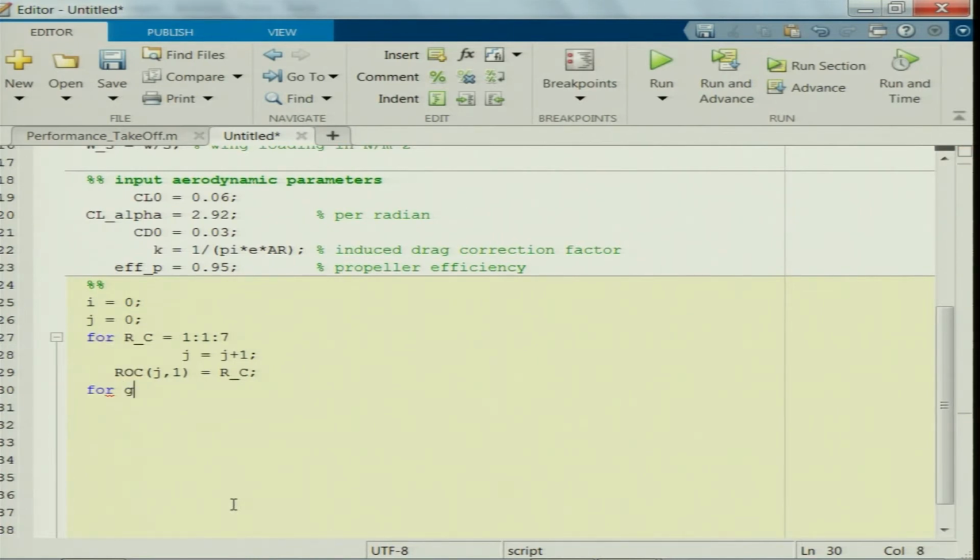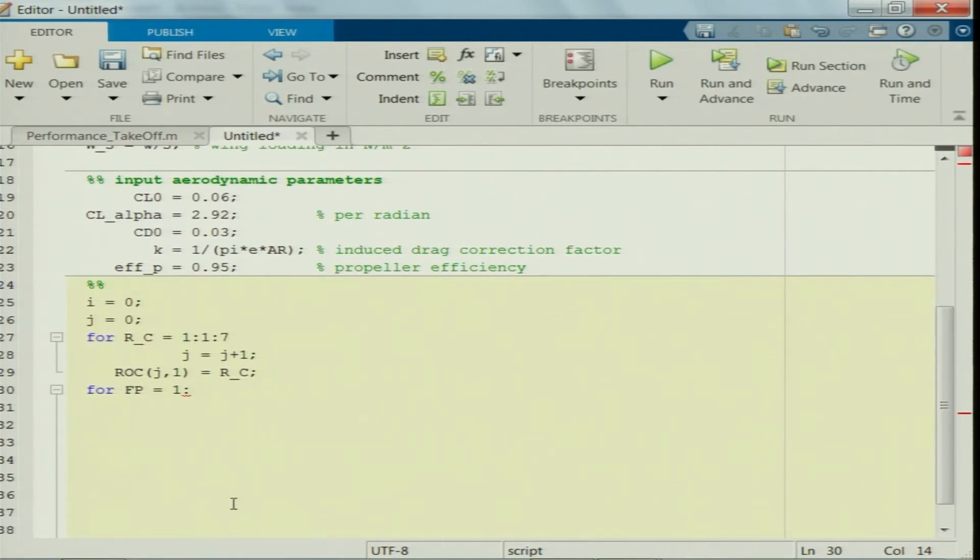So, gamma, or flight path, Fp, is varied in degrees, and I will convert it into radians.